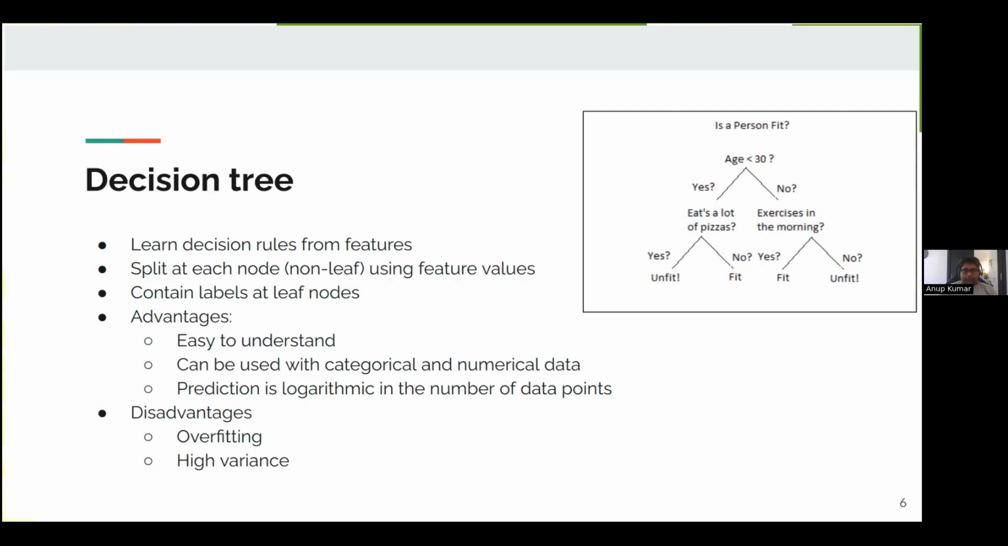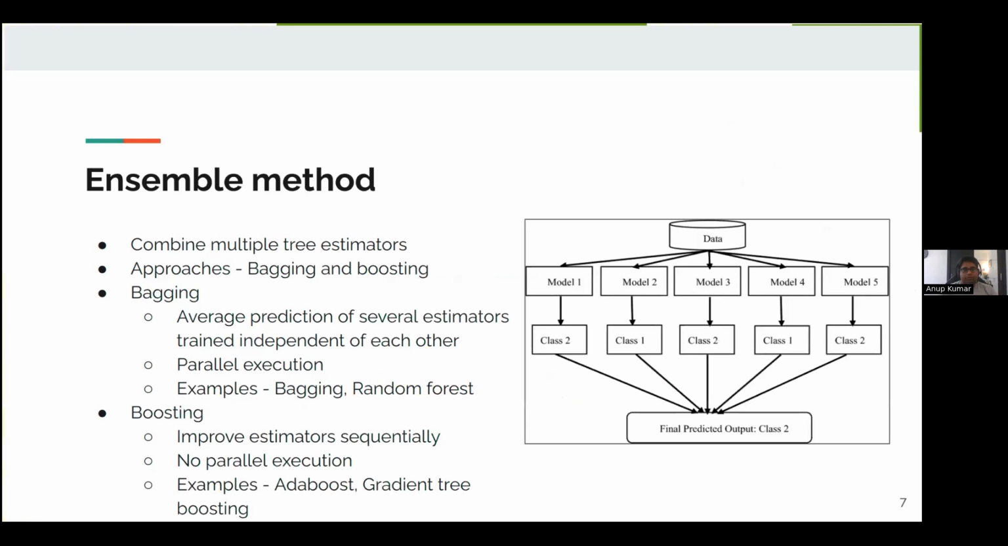This kind of implementation of a decision tree becomes an ensemble method that we can see here in this line. It combines multiple tree estimators, and the prediction of each estimator is taken into account for making the final prediction. There are two approaches to an ensemble method, bagging and boosting. In bagging approach, average prediction of several estimators are taken,